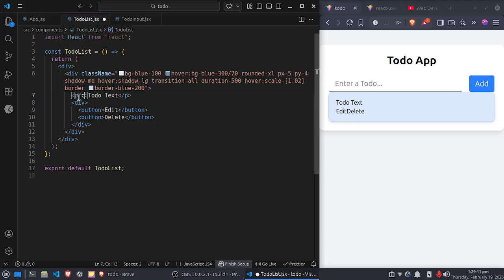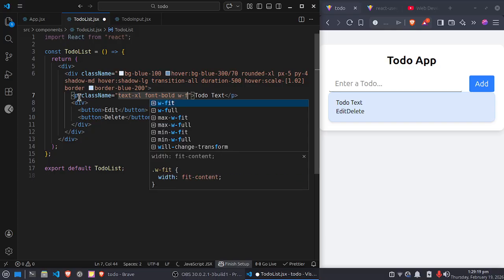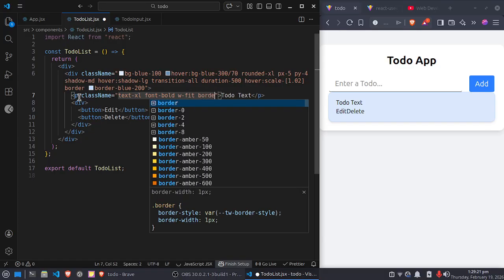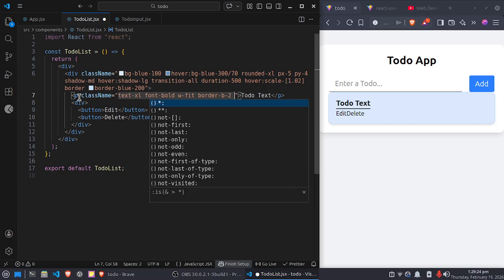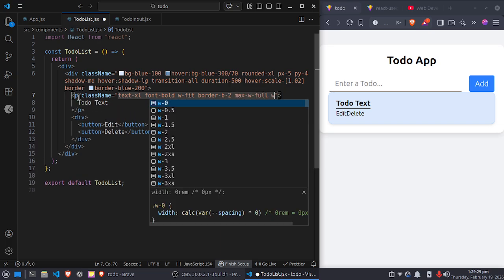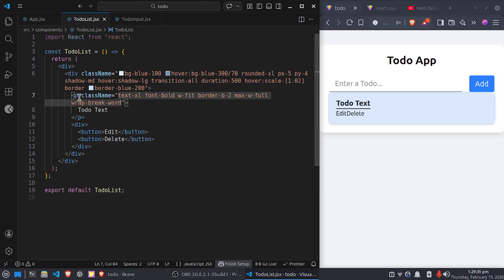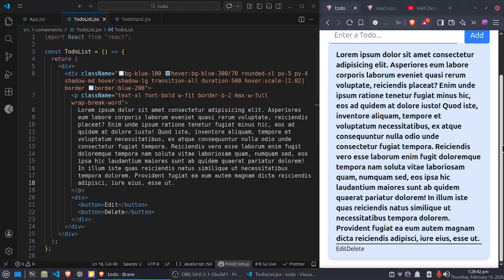Here in this class name: text XL, font bold, width is fit, border bottom 2, and here maximum width is full. And also write here one special thing, wrap break words. So if the text comes like, if I write here lorem 100, you see the text wraps here. If I did not write this, remove this wrap word break,